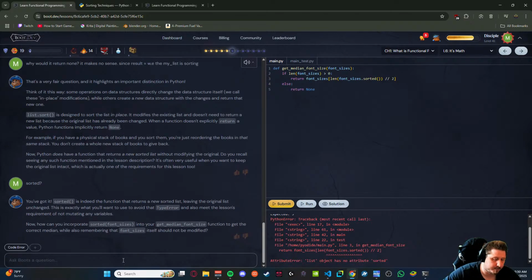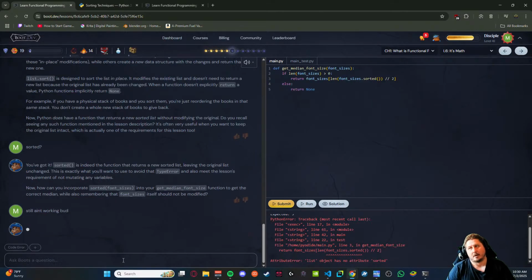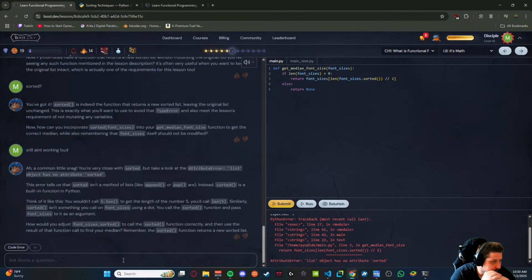Still ain't working. Oh my god. Little snag, you're very close with sorted, but take a closer look. List object has no attribute sorted. This error tells us that sorted isn't a method of lists, like append or pop. Instead, sorted is a built-in Python function.